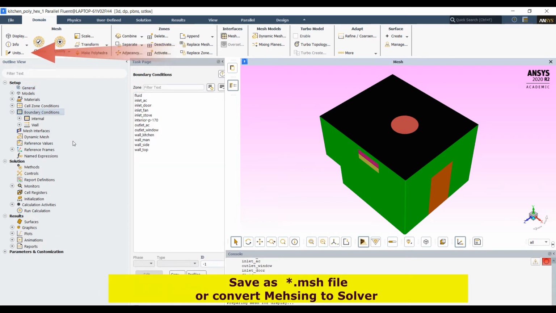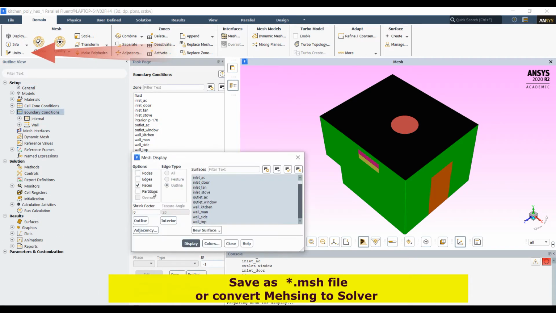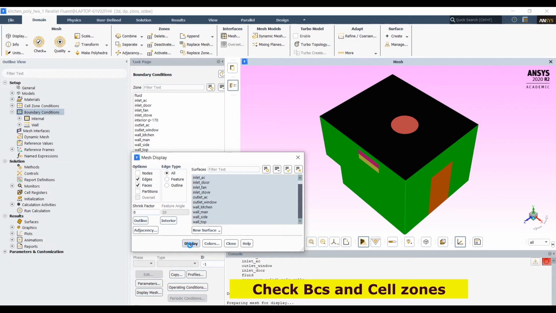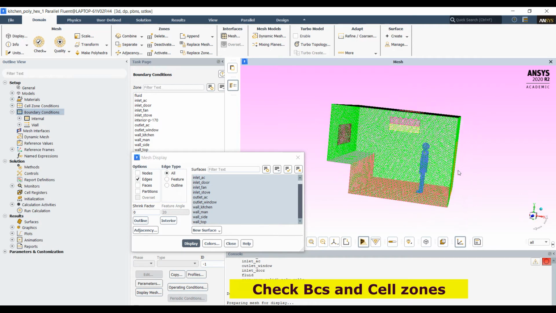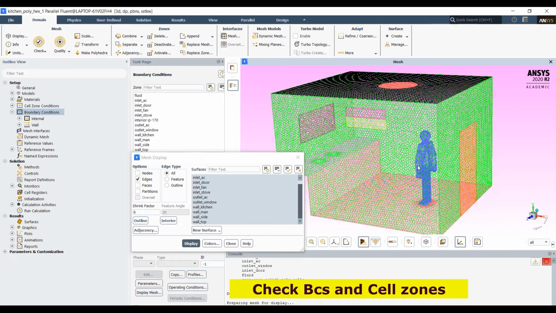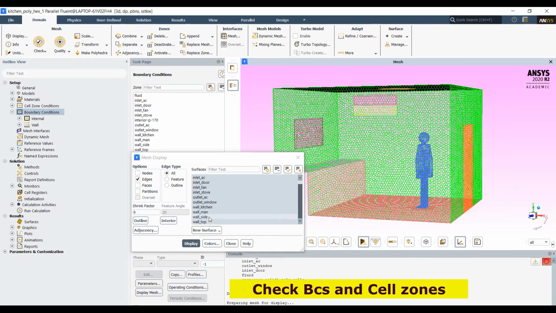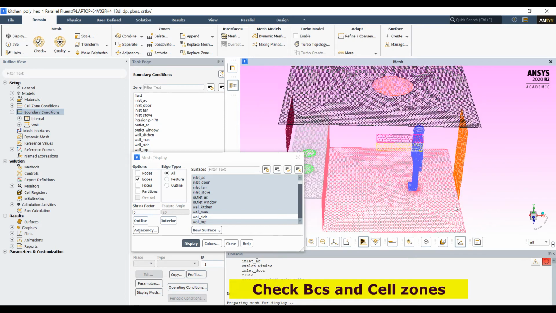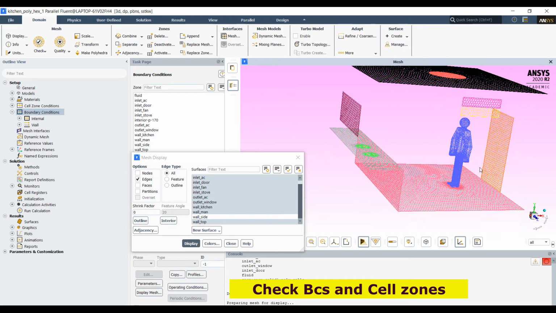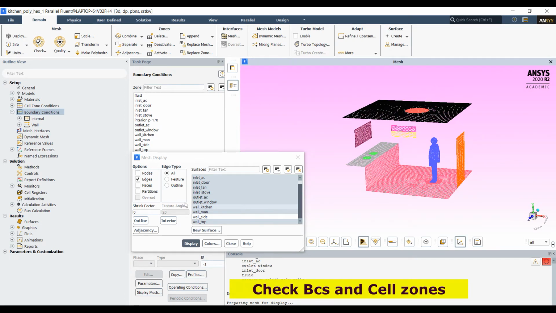Then click on boundary conditions, and yes, show the mesh. See, this is the mesh, and these are the sides. This is the man, and this is the door.